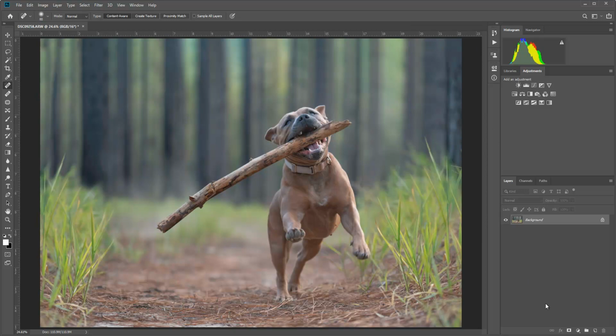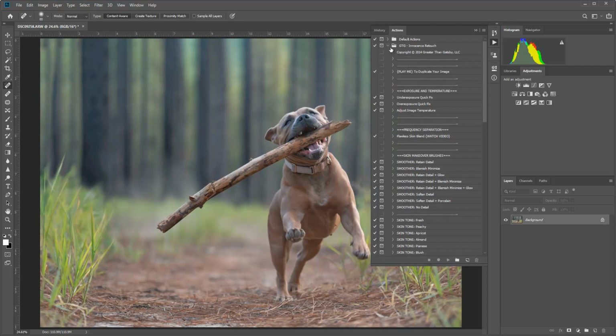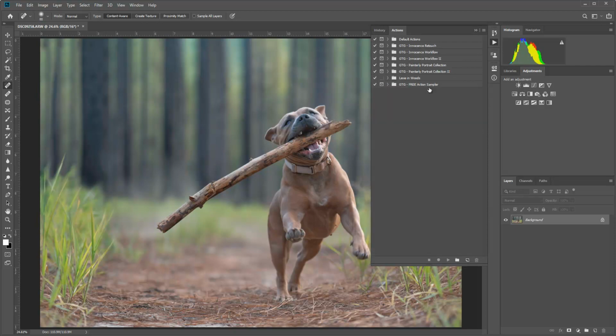So, I have installed, I like to use the Greater Than Gatsby actions. I saw someone using them a bit over a year ago and I was like, oh my gosh, they're just so good and make things so quick and easy. And there's so many companies that offer different actions, so it really comes down to what your personal style is, or what you want to, I don't know. Often I think it's a good idea to